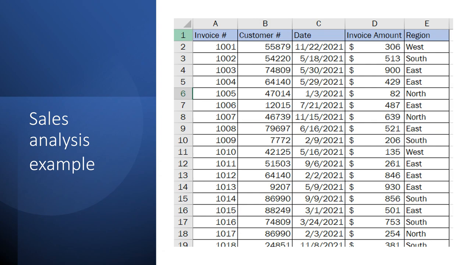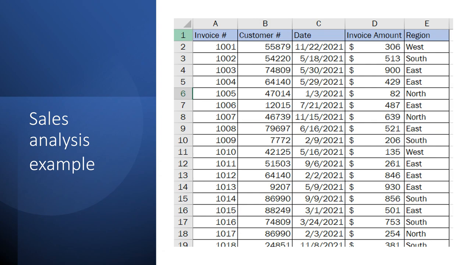And once again, your boss is asking you to take all of those regions and come up with the average invoice amount. I'm only showing, it looks like, about 18 rows of data, but let's just say you have thousands of rows. It's completely impossible for you to do this with a calculator or one at a time. So how can Excel do this work for you with just a few clicks of the button